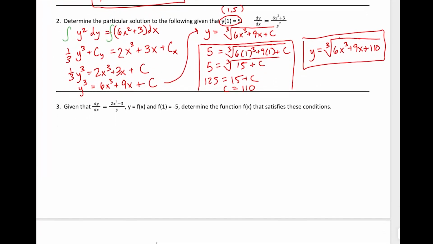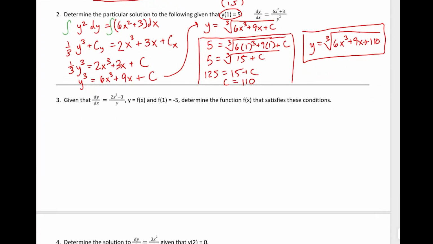Number 3 gives us another differential equation, and we're going to be tasked with finding y. Basically, it's the same kind of question that we saw in number 2. It's just worded a little bit differently. They still give us a point on the curve of f. They give us the differential, and so we're going to take the same basic steps to come up with that